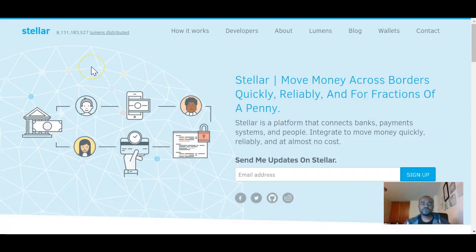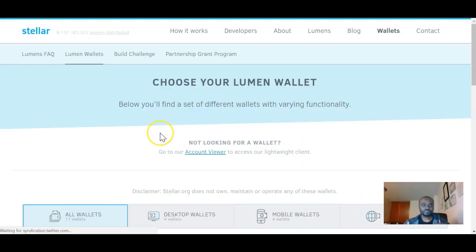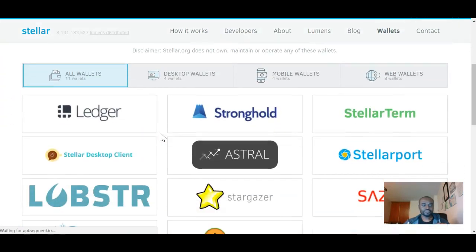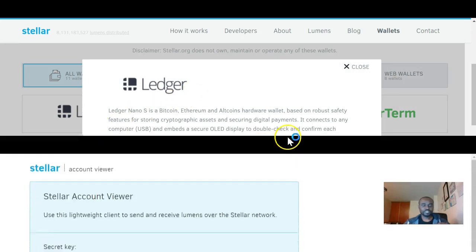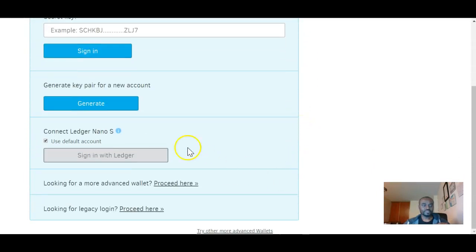Now the next thing we need to do is close this application, and then you go to the stellar.org website. It's Stellar, S-T-E-L-L-A-R dot org, and then on the website you're going to see where it says wallets, so you select wallets, and once you scroll down you're going to see your Ledger icon here. So we're going to select Ledger and use with account viewer, select that as well, and then you're going to see here where it says connect Ledger Nano S. Now it's grayed out because we've not